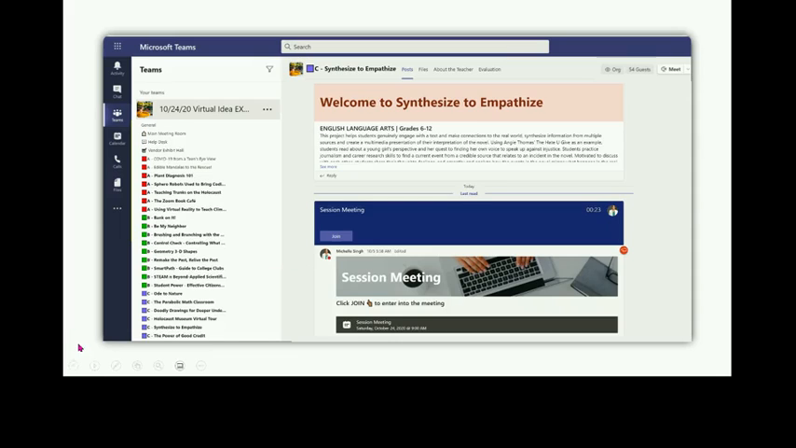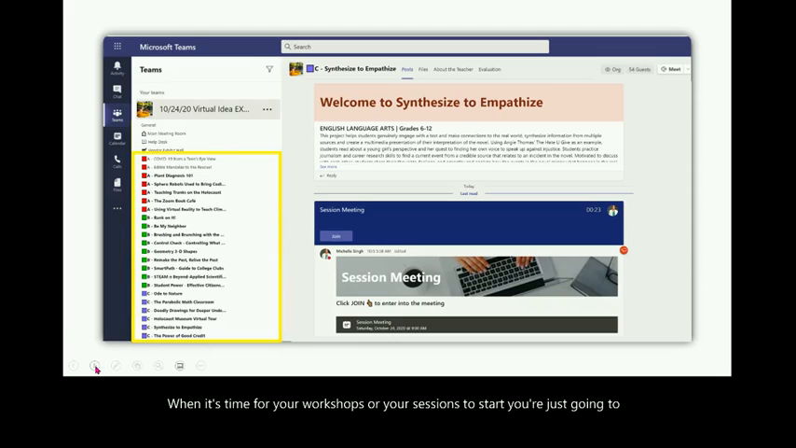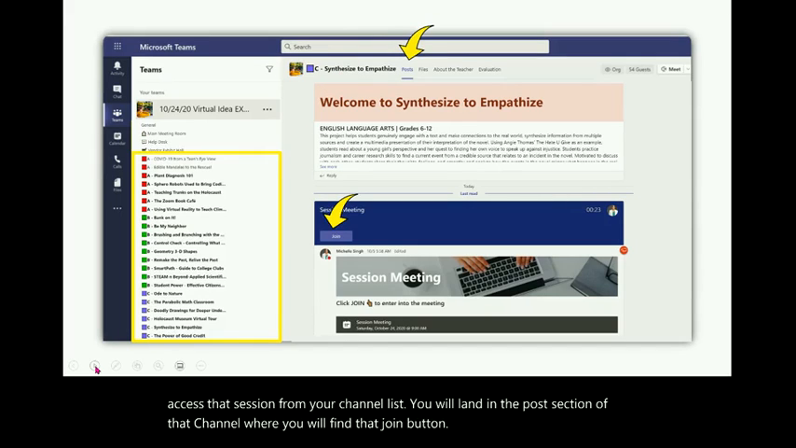Let's see how to access your workshops. When it's time for your workshops or your sessions to start, you're just going to access that session from your channel list. You will land in the post section of that channel where you will find that join button for you to click to enter into your